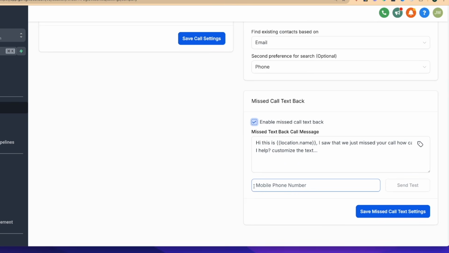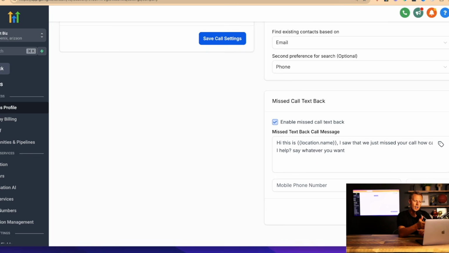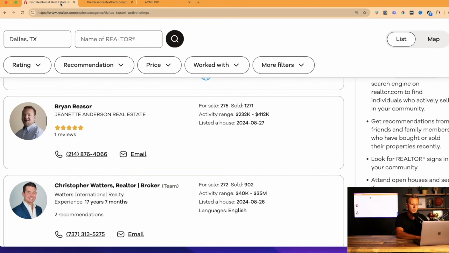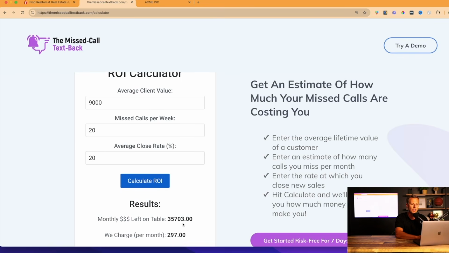So we just toggle that on, and it says, hi, this is location name, or you can put in Brian or William or whatever the names were that we were talking about. I saw that I just missed your call. How can I help you? And you can see right here, you can customize the text. You can say whatever you want in the text. And then we just do save missed call text settings. So by simply toggling on this enable missed call text back, once we get their profile set up, we can come back over here to, let's say, Brian, and his auto missed call text back can be set up and working. And now we are providing an amazing value to this real estate agent for a small monthly service fee